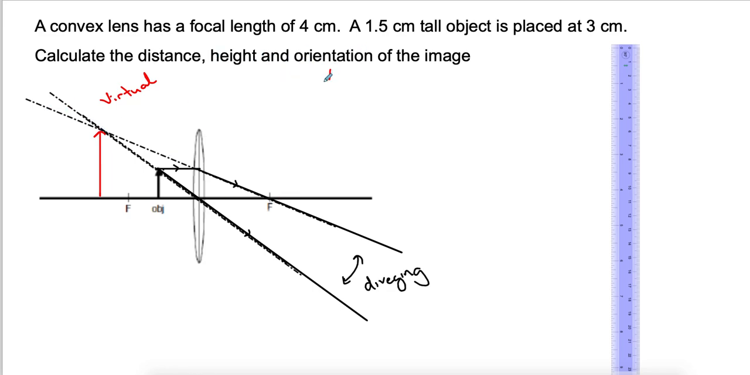So we can take a look at this mathematically. 1 over f is going to be 1 over the image distance plus 1 over the object distance. And we're going to expect the image distance to be negative. Our focal length is 4 centimeters, that's positive. Our object distance is 3 centimeters, again on this side, so that's going to be positive. So if we subtract these,